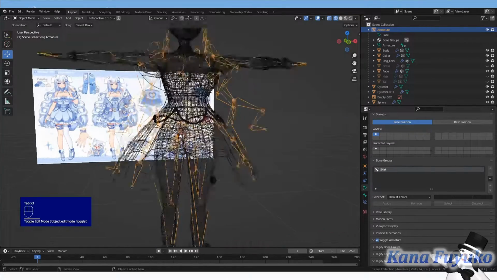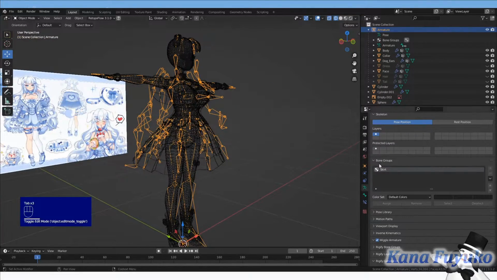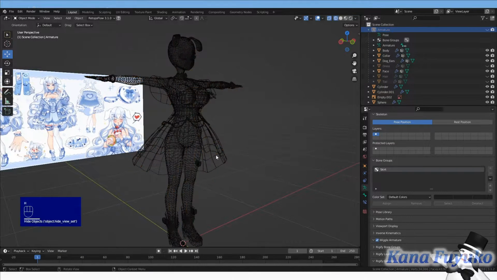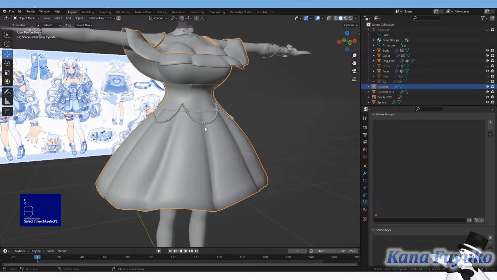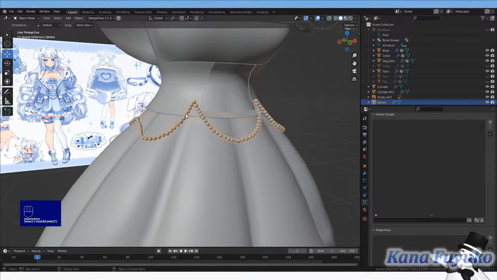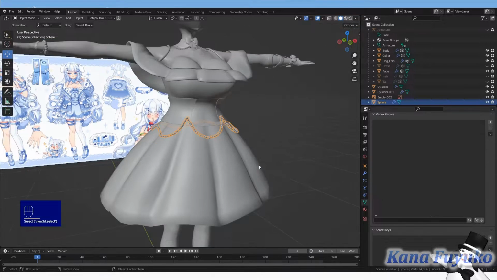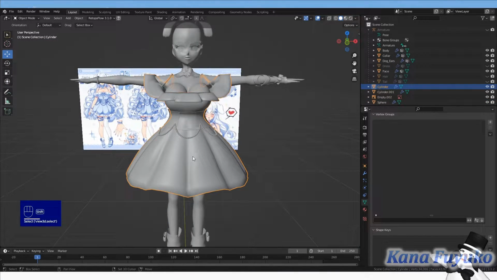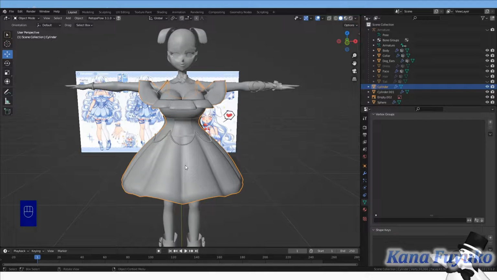Now that we have the skirt rig, and we've also set up a bone group to make it more convenient for us, we have to get into the whole weight paint. Before anything, we'll start off with the dress here, and then we're going to talk about adding these accessories. Basically, this really depends on your armature.